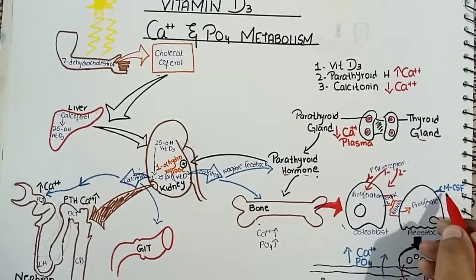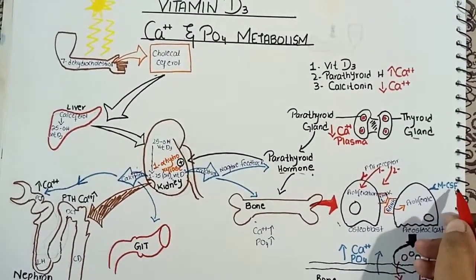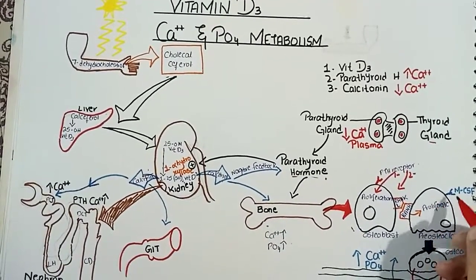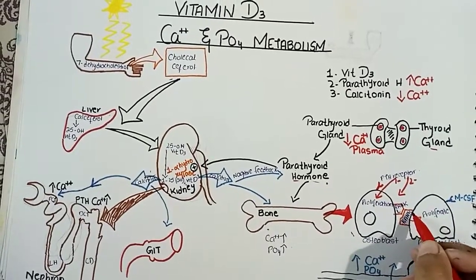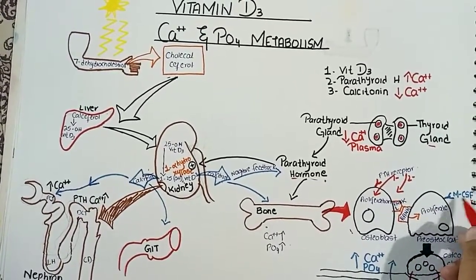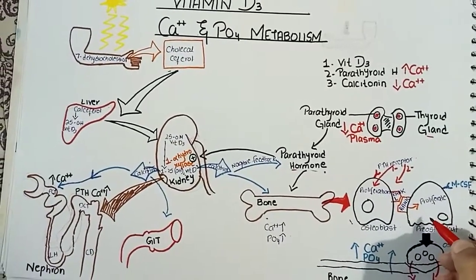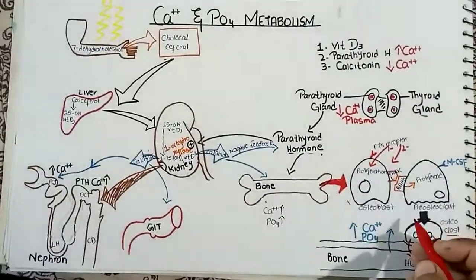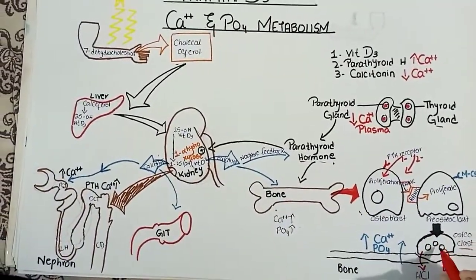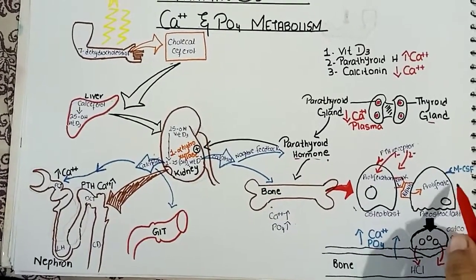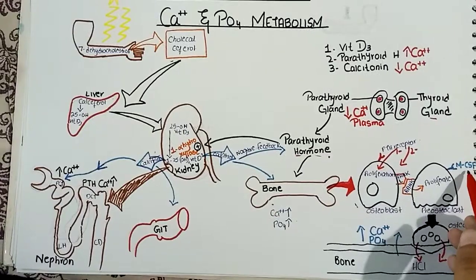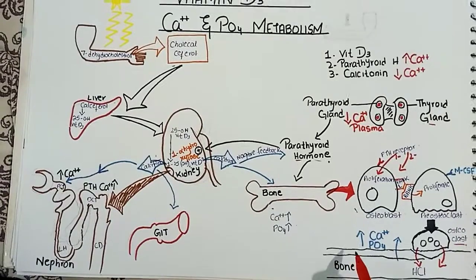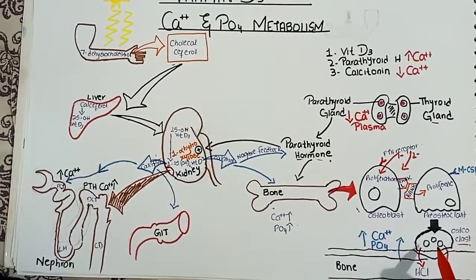And the second chemical, known as the macrophage colony stimulating factor, also participates in the further proliferation of the pre-osteoclast. So rank ligand and the macrophage colony stimulating factor, these two chemicals are involved in the proliferation of the pre-osteoclast to the mature osteoclast. This mature osteoclast is multinucleated and macrophage in its action because it is proliferated by the macrophage colony stimulating factor. So, here is the simple structure of the bone, and on the surface of the bone, this mature osteoclast